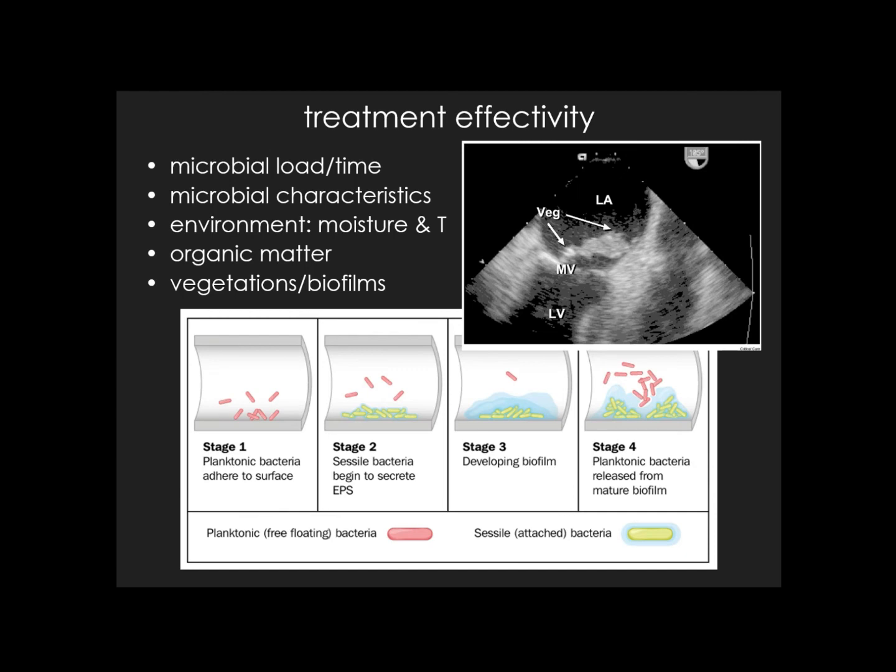They land on a surface and then they begin to secrete this EPS, and then they start developing a biofilm, and the biofilm becomes this irreversibly attached structure from which bacteria can be released and within which bacteria are protected from all sorts of things like antibiotics, and it makes them very difficult to treat